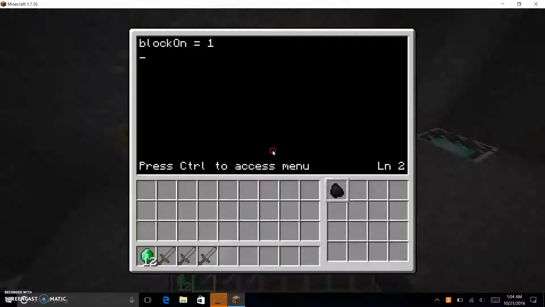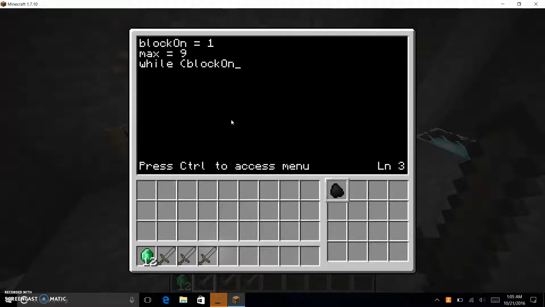So it's a similar process, and we're doing block on equals 1, which is the current block, and I'll just do max equals 9, because we said we want to go a little above it so we can have room to get out. And then while block on is less than max, do